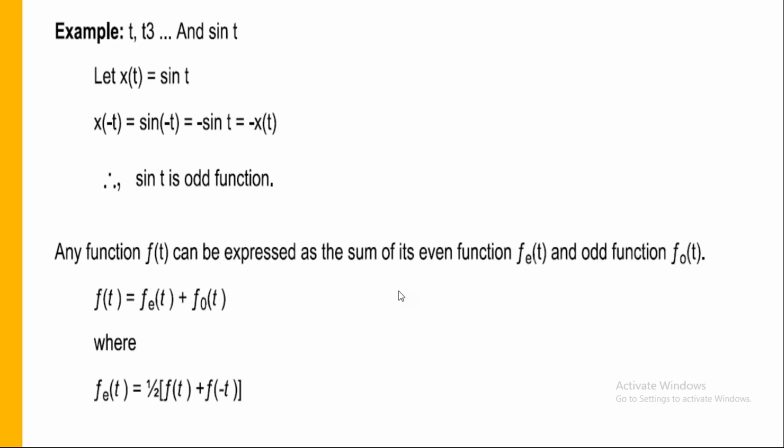So you may have a doubt here. What is f of t and what is f of minus t? f of t is the actual function. f of minus t is nothing but the mirror image of f of t. Try to understand that f of t and f of minus t are the same function in mirror form. When you are observing in front of a mirror, you are looking in a different sense, right? It's an exact opposite way. So f of minus t is nothing but the mirror image of f of t, for any function, any waveform.